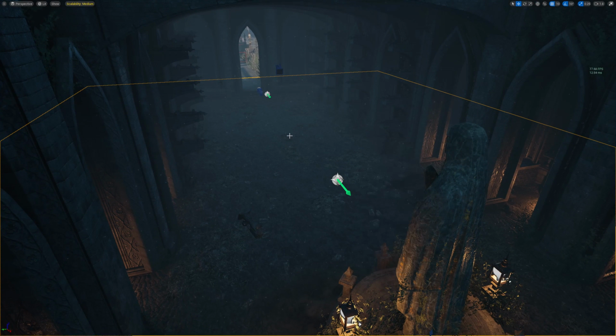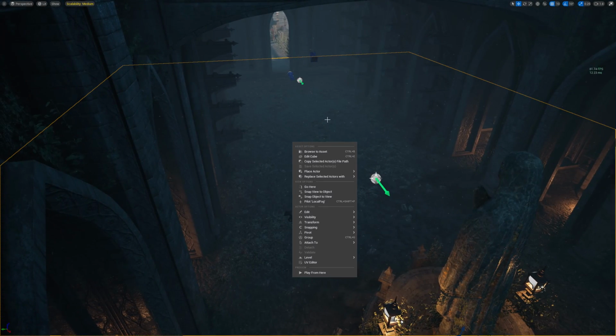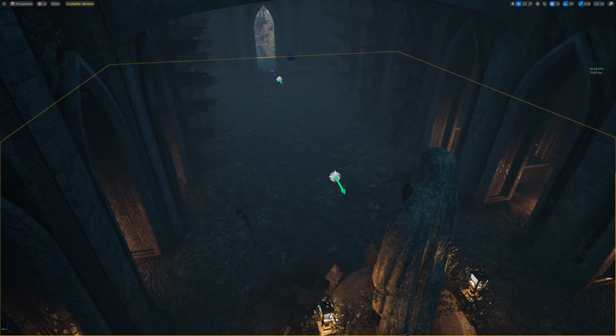So viewing it from an upper angle like this, over the shoulder of this statue,